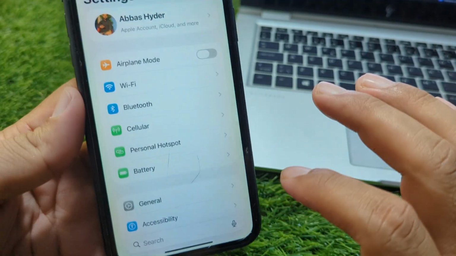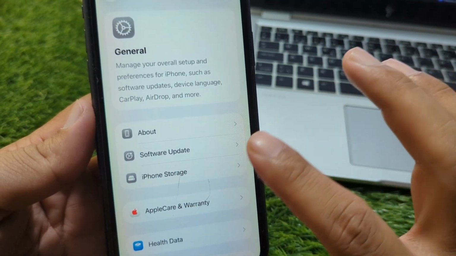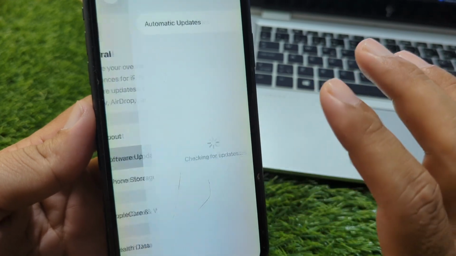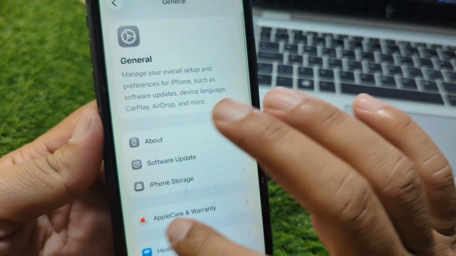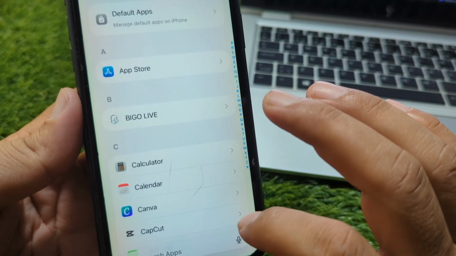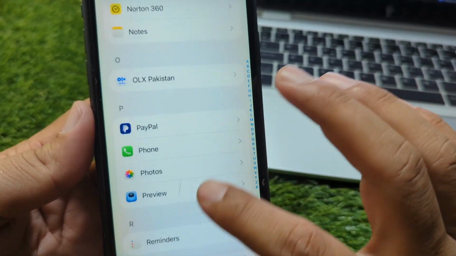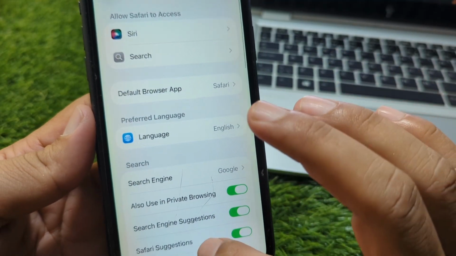So guys, first of all, open settings on your device and then go to general and make sure that you are using the updated version. So I simply tap on software update and update your software to the latest version. So guys, do this, and after this go back and now scroll all the way below and go to apps and then scroll all the way below and go to Safari from here. Once you're here, simply scroll below